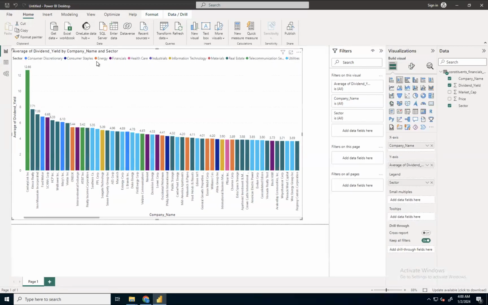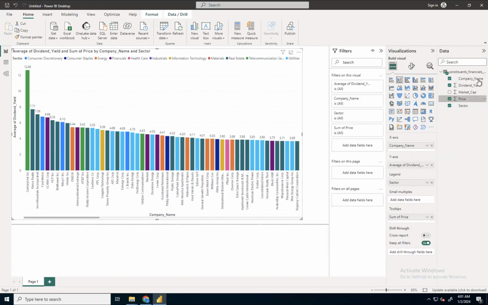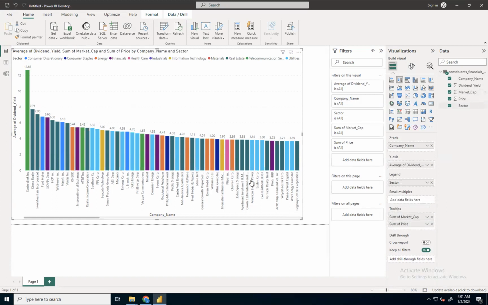So companies that belong to the energy sector are colored in orange. Similarly, to add tooltips, for example, I want price as a tooltip here. So I've added it here, market cap, like this. If I click on it, I can see all this information here.